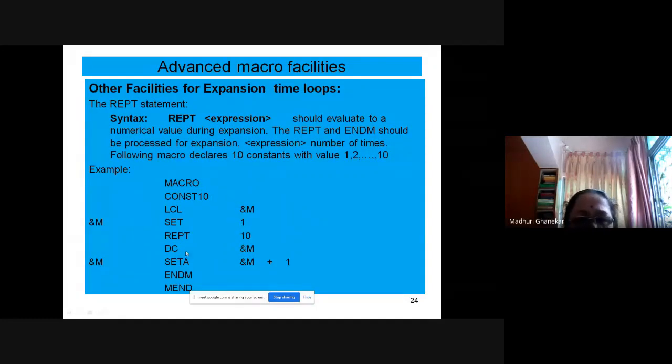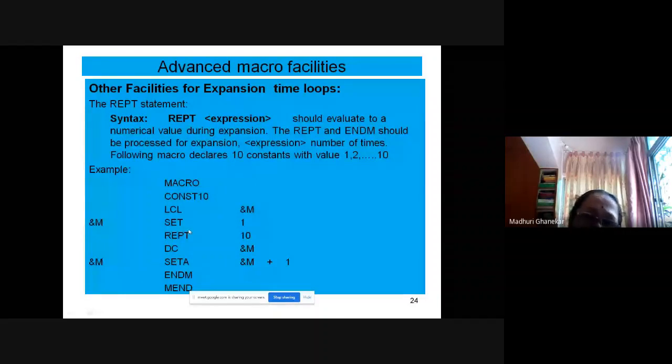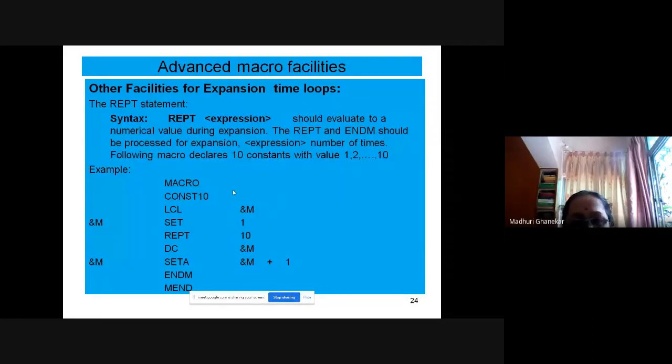Here you will observe the only statement which comes from the assembly language is the DC statement. All the rest are statements which lie only inside the macro, termed macro preprocessor statements. It means those are not coming into the expansion.